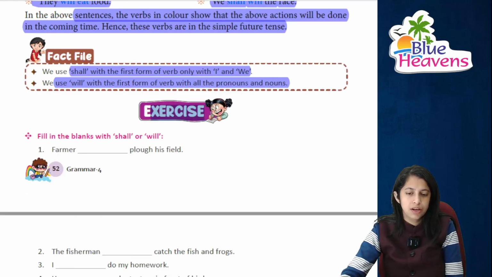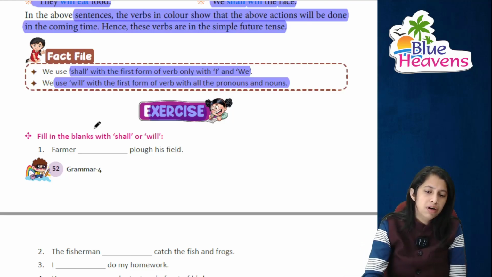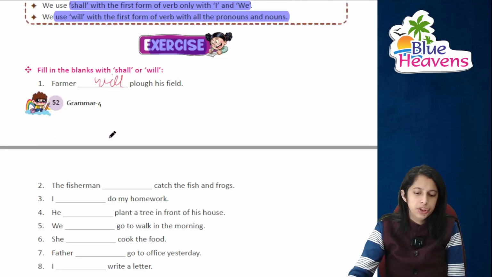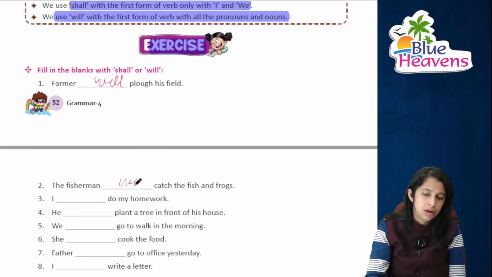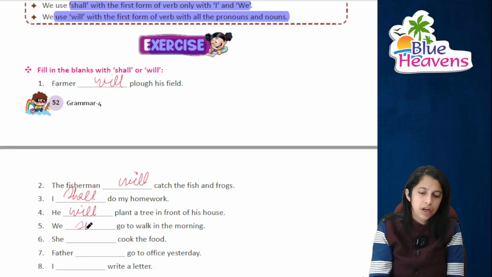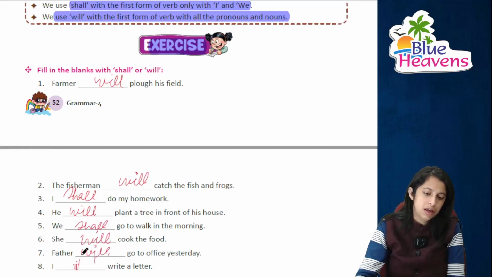Moving on to the exercise, you have to fill in the blanks. Farmer dash plow his field, farmer will plow his field, right? The fisherman will catch the fish. I shall do my homework, मैं अपना काम खुद कर लूंगी. He will plant a tree in front of his house. We shall go for a walk. She will cook the food and father will go to the office. और I के साथ क्या आएगा, shall,